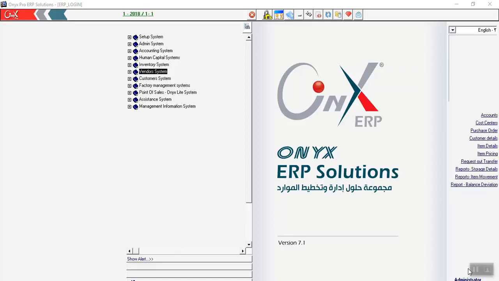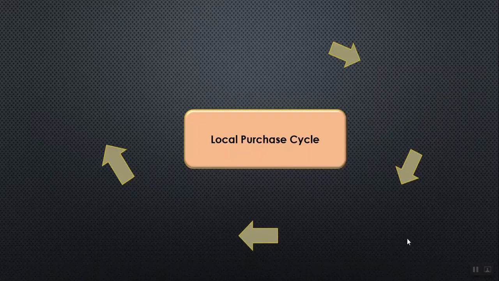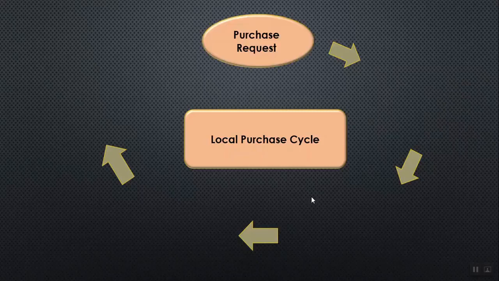Through this video, I will explain to you how to make a local purchase invoice. First, let us know what the purchasing cycle is. We start with purchase request. In this tab, you can control the purchase process so that the material purchasing will be only through